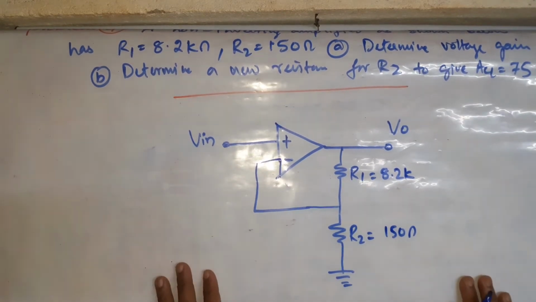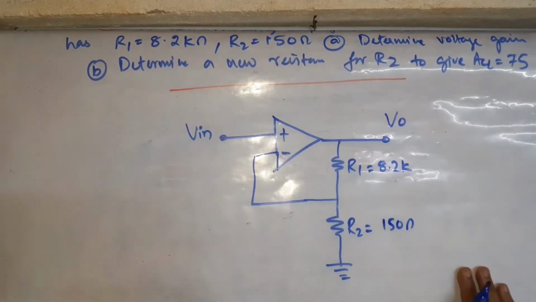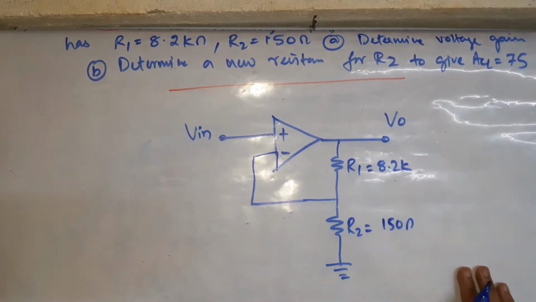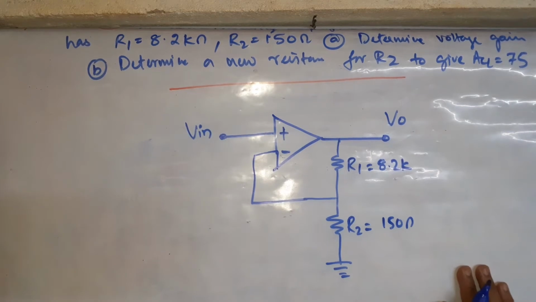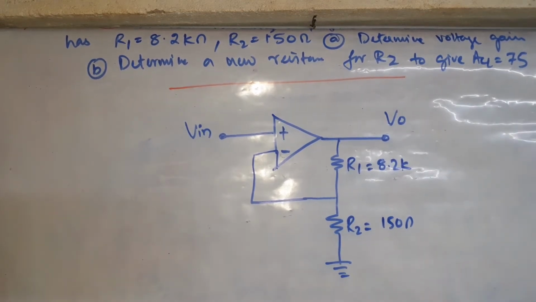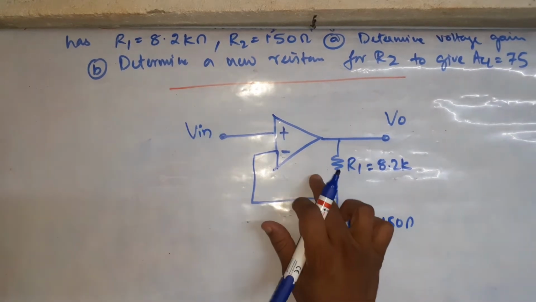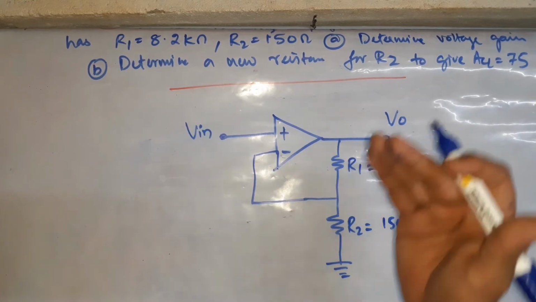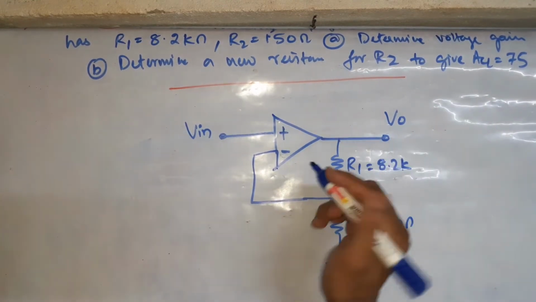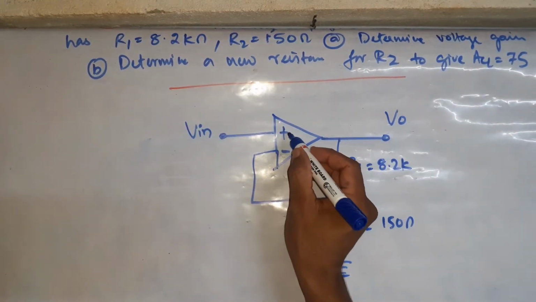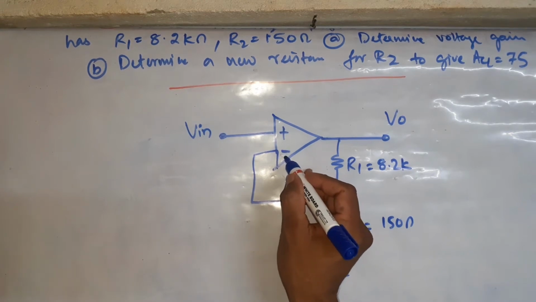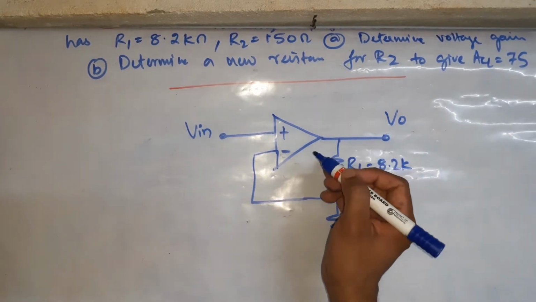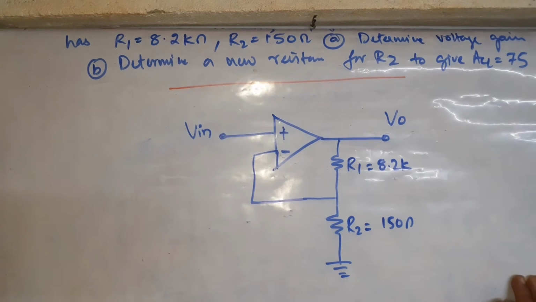And a non-inverting amplifier can also be drawn like this. It is not compulsory to draw like we used to draw earlier. But normally one standard designs are followed. But one of the authors may draw like this. Again, if you change your textbook, the author may draw it in some other way. So plus is above here and minus is down. Mind this. So this is a non-inverting amplifier.